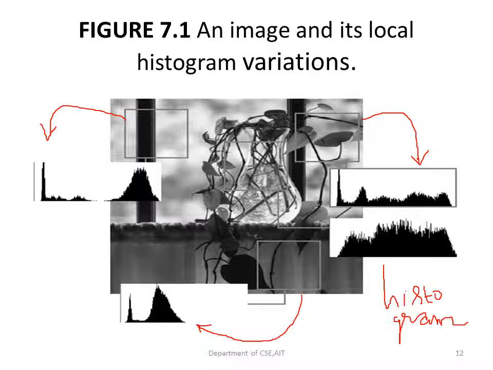hand side. We have 4 sub images over here, and for all the 4 sub images different histograms have been plotted. You can see that the histograms give, for that particular sub image, what the color variations are and how much it is concentrated. In one histogram it is distributed evenly. In some of them it is concentrated only on the edges. It depends upon what color is present in the image.